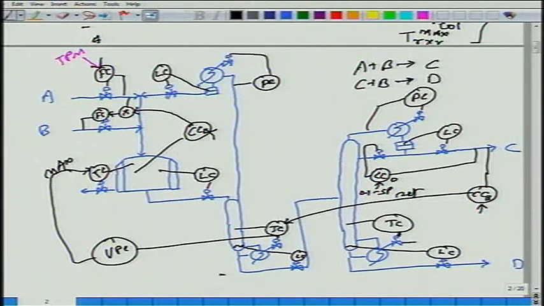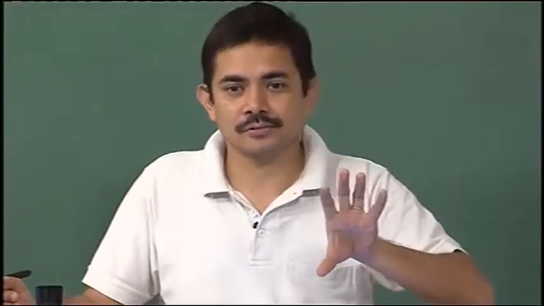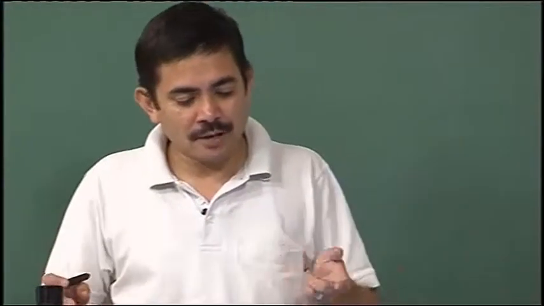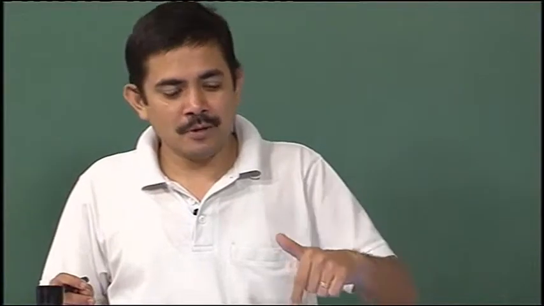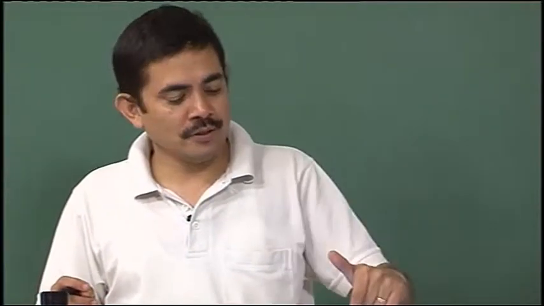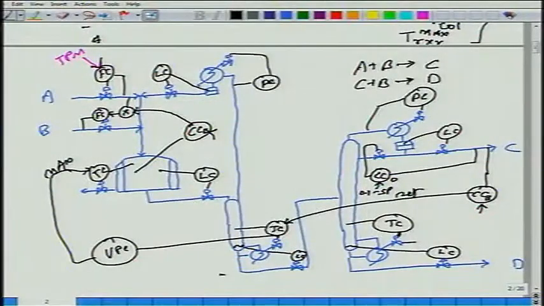There my cost is how much energy it requires. Here most of the money is actually going into paying for A and B, and the revenue is generated from selling C. How much energy is used is a minor component of the cost. Do you see what I am saying? You can have an economic situation where raw material is free, and then selectivity is not an issue. I am not talking of that kind of situation. There the reasoning will be that I must operate so that my boil up is least, and then I should operate the reactor at max temperature, because that will give me the maximum conversion and the least amount of boil up, which is best, right.